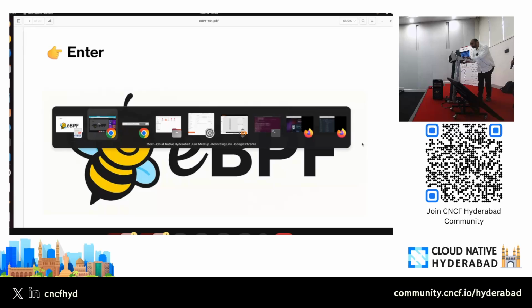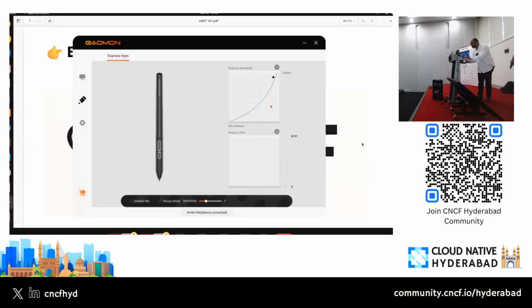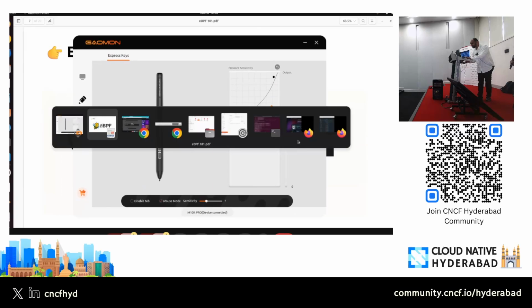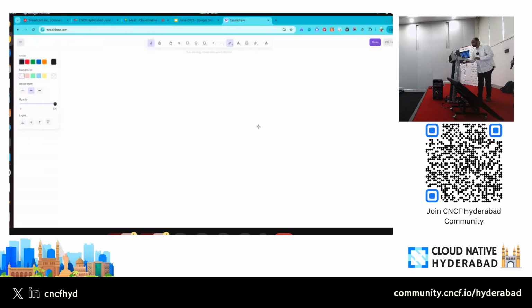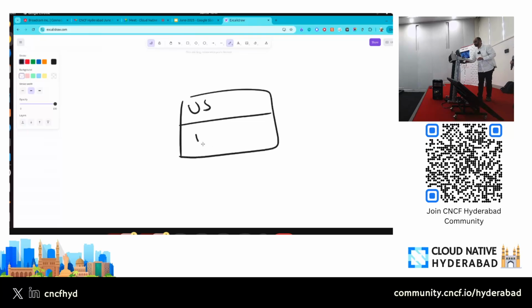In a computer you will have Linux. In Linux there is a small place for eBPF. This upper part is called user space. In user space there are apps, and apps connect to eBPF.